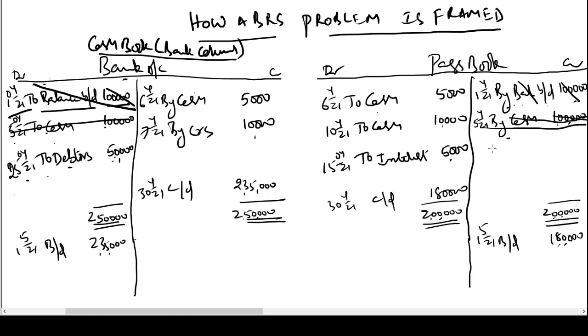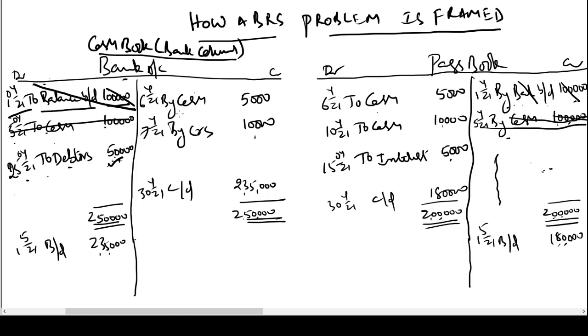But if you see the credit side of the passbook, there is no corresponding entry. That means we have recorded a deposit, but there is no deposit in the passbook. Why is there no deposit in the passbook? Because the money on these checks has not been collected by the bank yet. The bank has sent the checks for collection, but the money has not come yet. That is why there is no entry here. So this is one of the reasons for difference.